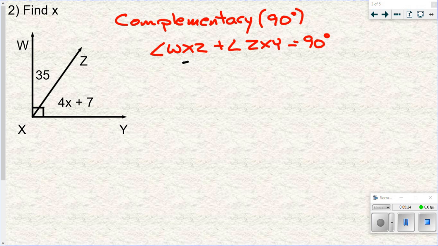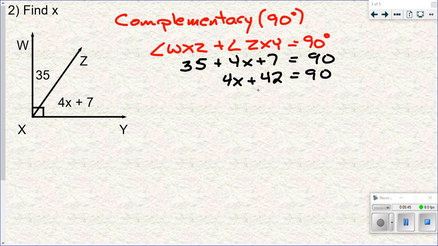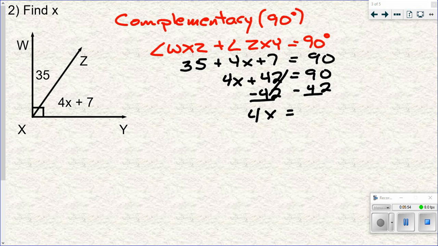So then I'm just going to write this equation. I'm going to say 35 plus 4x plus 7 equals 90. So first thing I should do is combine the like terms together. So I can combine the 35 and the 7. So now I have 4x plus 42 equals 90. Subtract 42 from both sides. So now I have 4x equals 48. And then the last step is to divide both sides by 4. So x equals